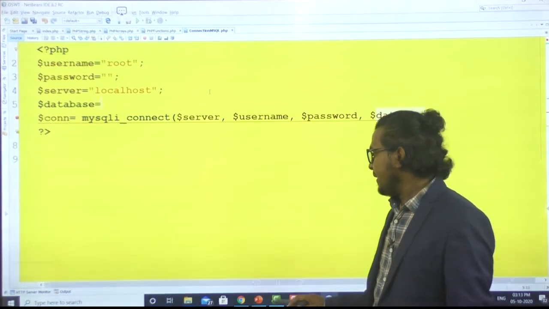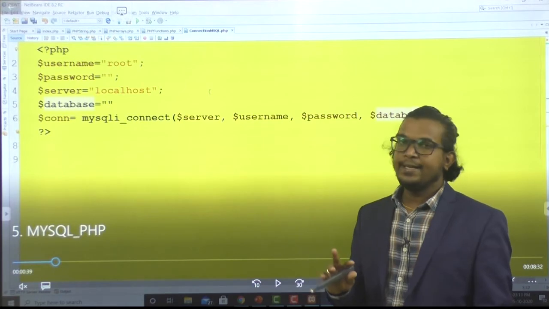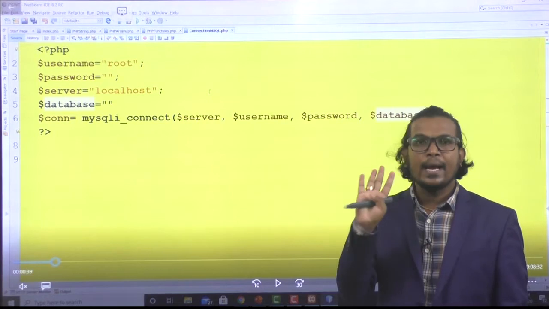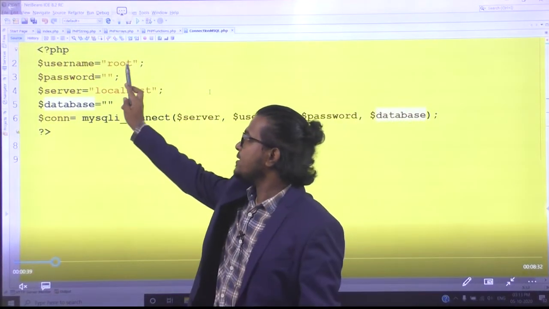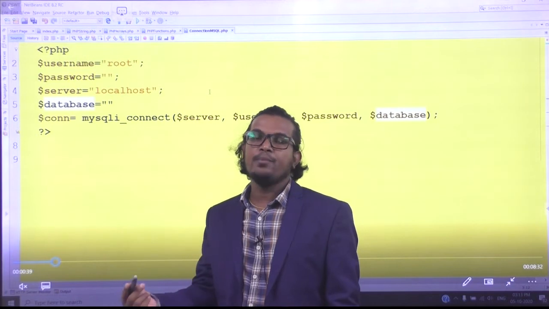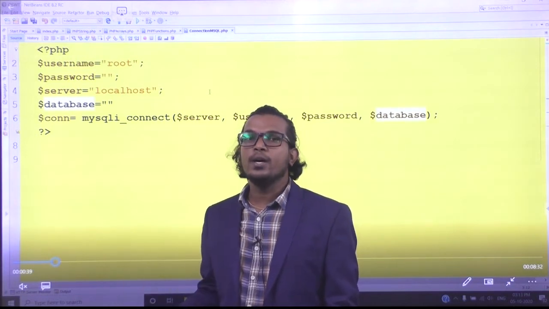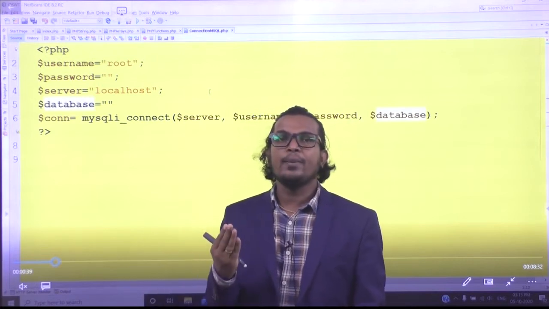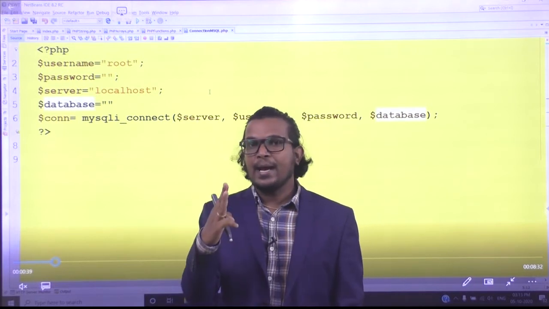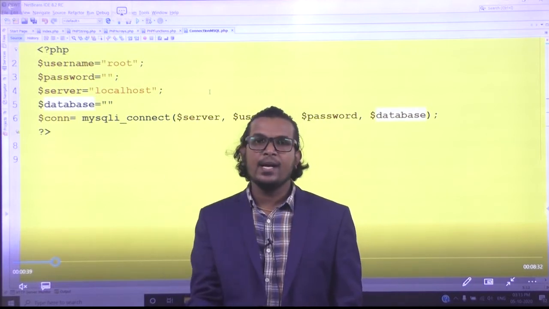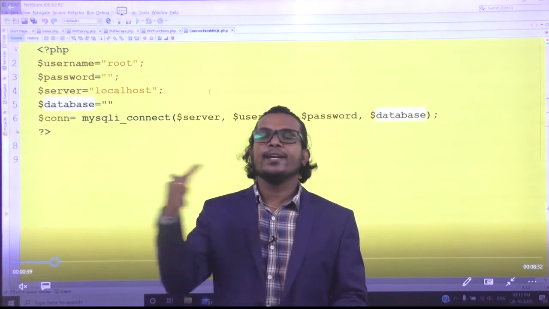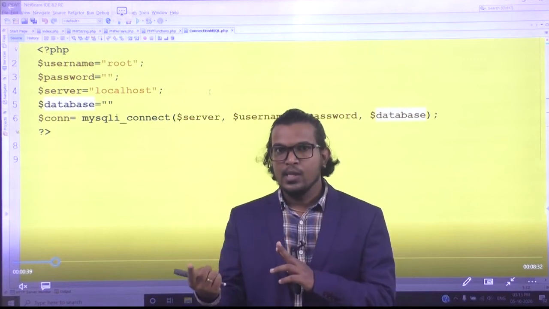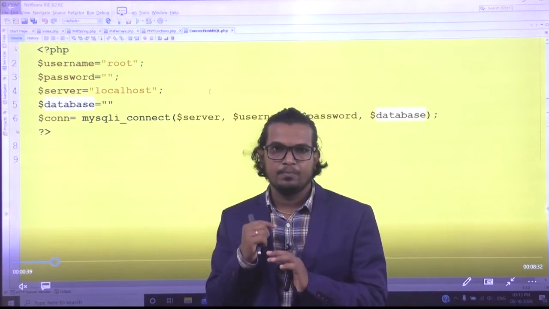See, first here, 3 parameters are mandatory and the 4th parameter is your database. How to pass the total 4 parameters? First one is your server name. Second one is your username, and third one is your password. After that you have to pass your database name. Okay, 4 parameters are compulsory, but 3 parameters are used for checking the database server. For checking whether you are connected to the correct database or not, we have to provide the database name.